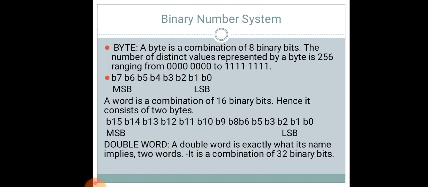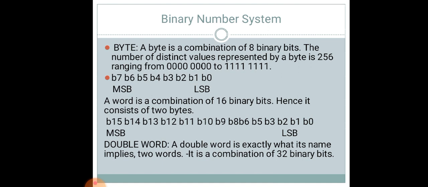In a binary number system, each digit is called a bit. If there is a group of 8 bits, then it is called a byte. If there is a group of 16 bits, then it is called a word. And if it is a group of 32 bits, then it is called a double word. Remember these concepts very carefully. They will be required in further operations, in assembly level language, whenever we learn the microprocessor.